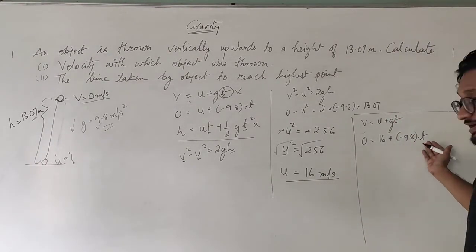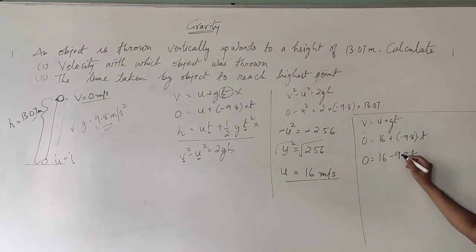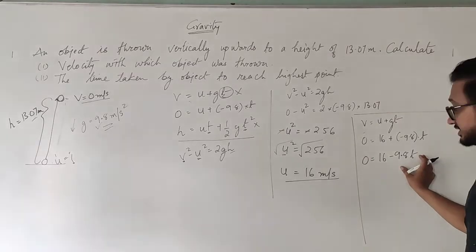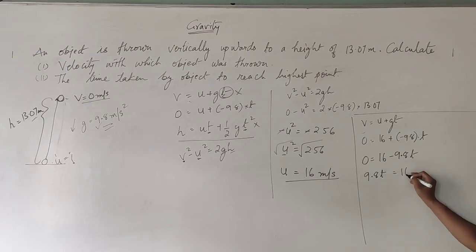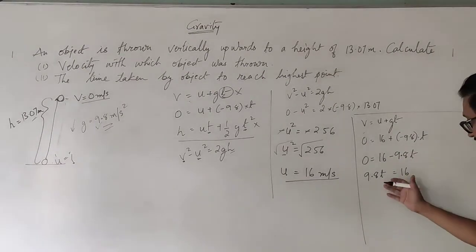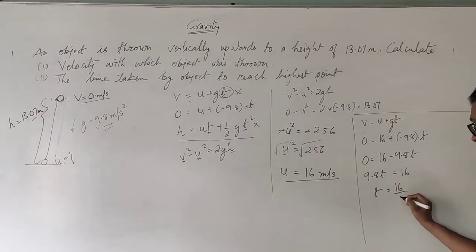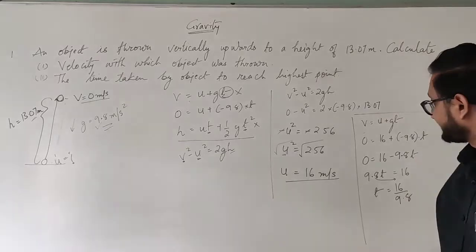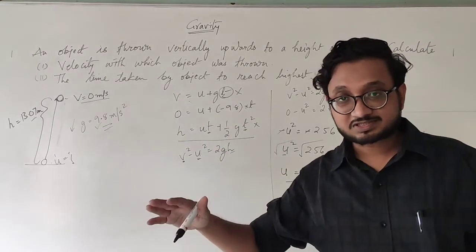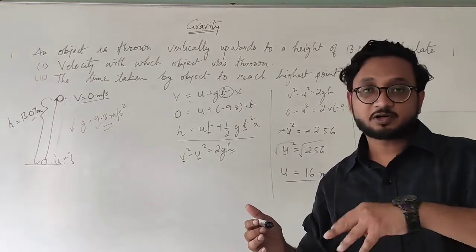Okay, so 9.8 into t as it is, but we need to find t. So plus minus, it becomes minus. So what you get is 0 is equal to 16 minus 9.8 into t. Minus 9.8 into t, you take it on the other side, it becomes 9.8 into t equals 16. To get t, because now there is multiplication, you can do cross multiplication over here, so it becomes 16 upon 9.8. You take 9.8 to the denominator on the other side, because there is multiplication. When there is a plus and minus sign, you take it on the other side and the sign changes. But if they are in multiplication and you change sides, it becomes either division or multiplication.